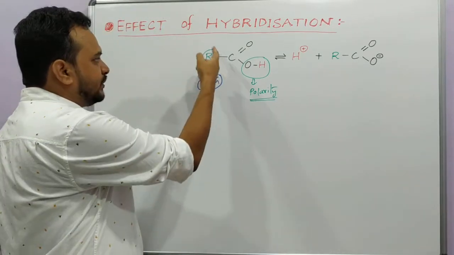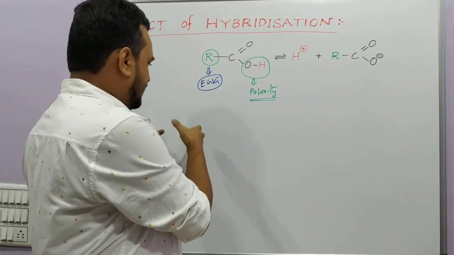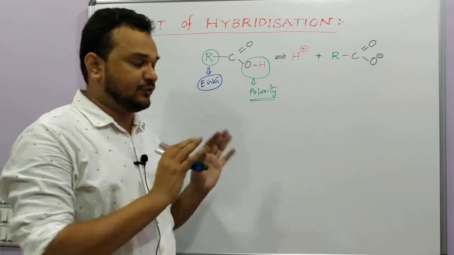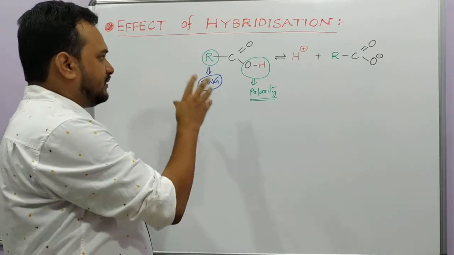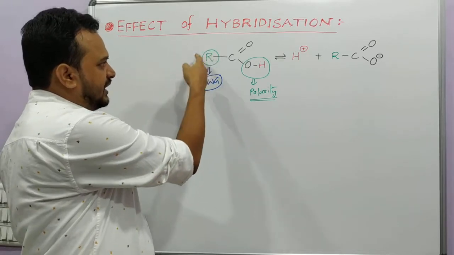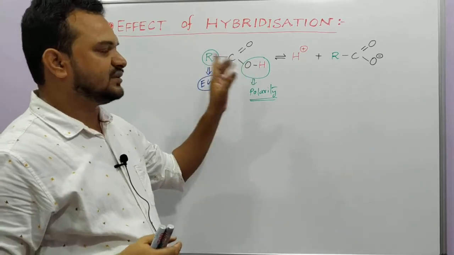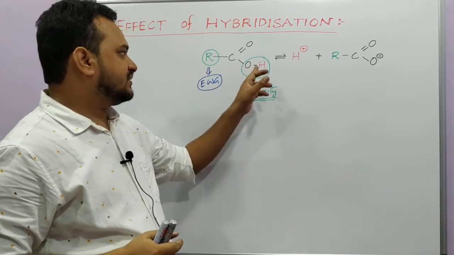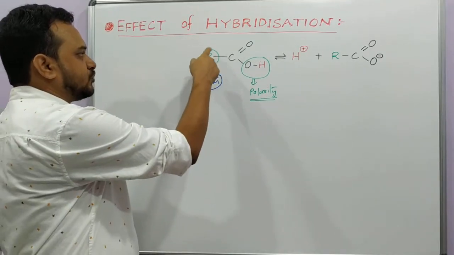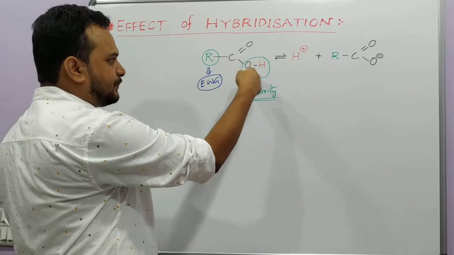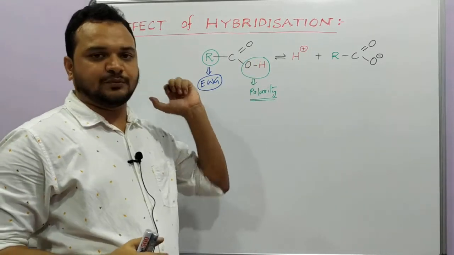Now, the electron withdrawing power also depends on the state of hybridization. Just after some time I will give you an example and it will be clear. So there can be many factors, we will see them one by one, but the general thing is if this R group has some electron withdrawing power, then it can increase the acidity of this hydrogen. And reversely, if it is an electron donating group, it will decrease the polarity of the OH group. As a result, acid strength will decrease. So the polarity of this OH bond is very important.